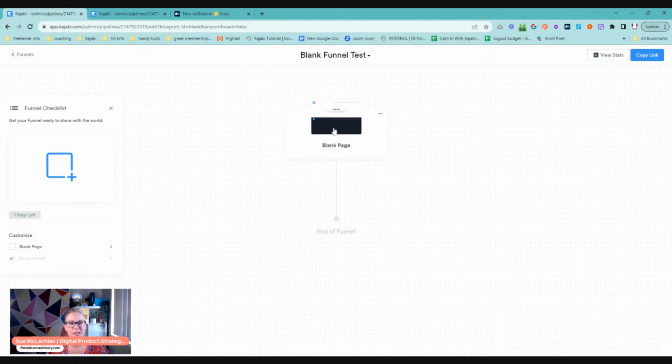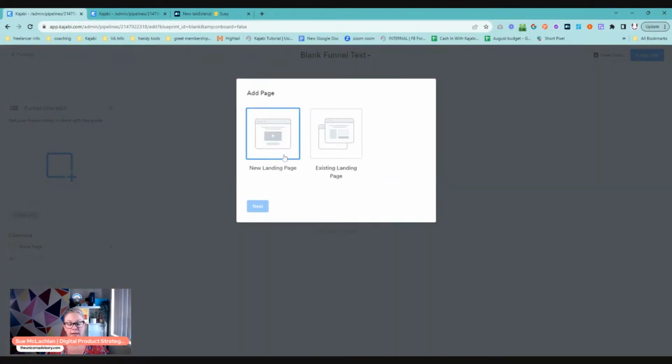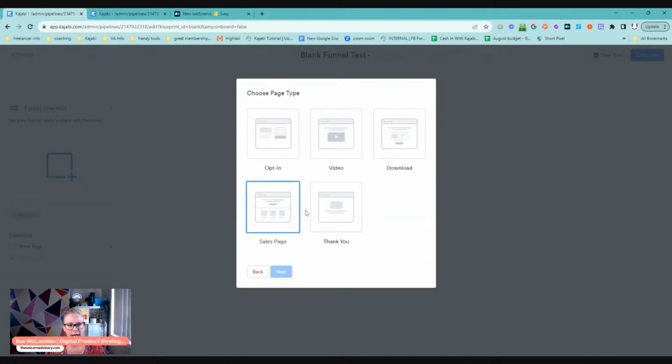It seems to need to create something. But what we can do here is we can add things into the page. So we can add pages. Now, at this point, you could add a new landing page and you can actually click on that and choose